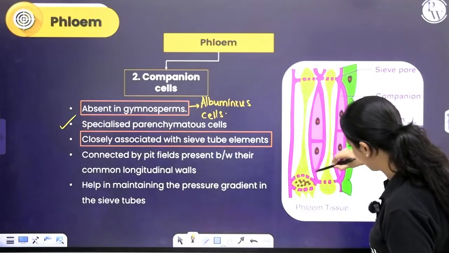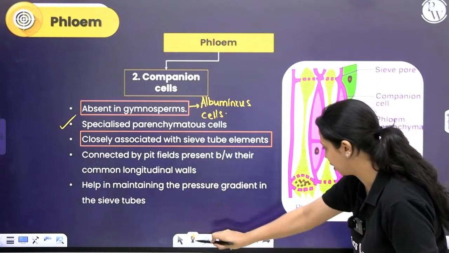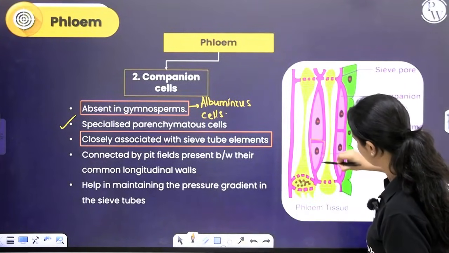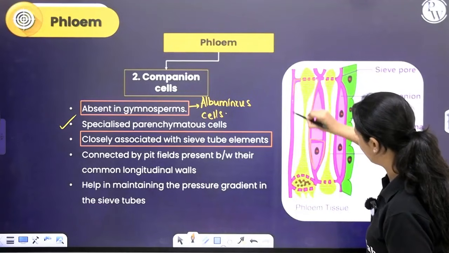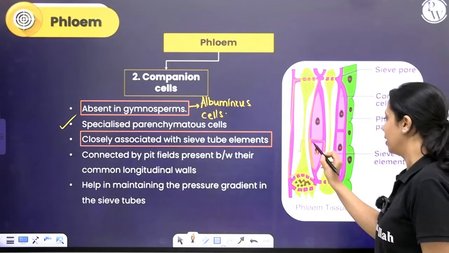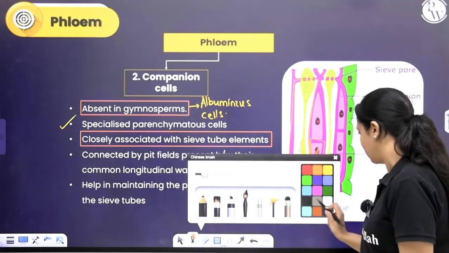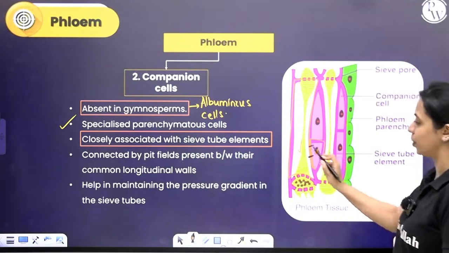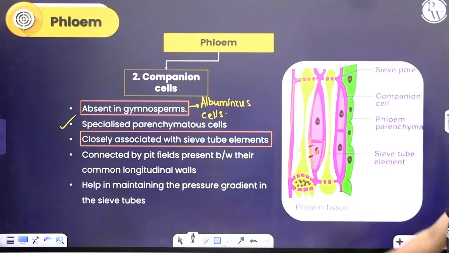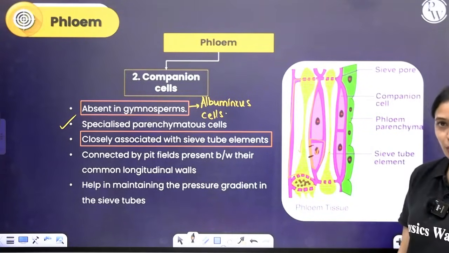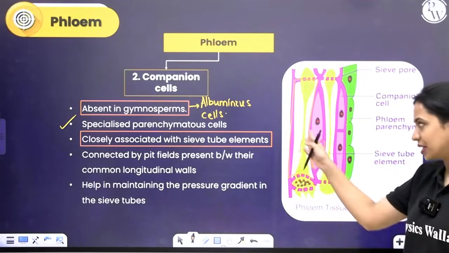If this is one sieve, wait, let me use a different color. This is one companion cell. This is one sieve tube element. This wall is common between this cell and this cell, right? In this common wall, there will be certain pit fields present that will help in the communication between these two types of cells. Also, for transport of food along the phloem, through these sieve tube elements,